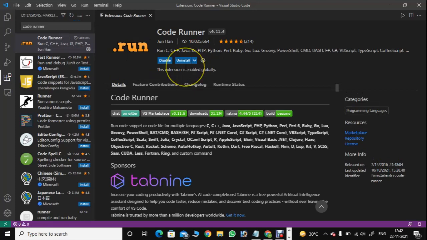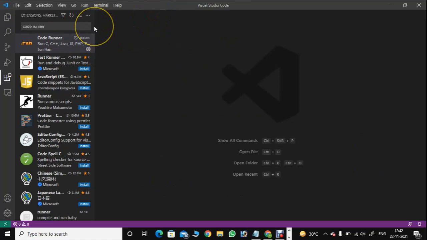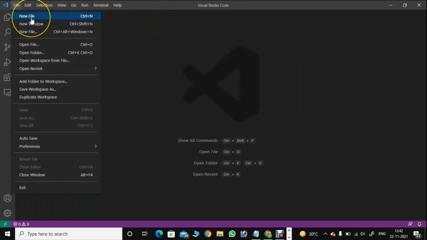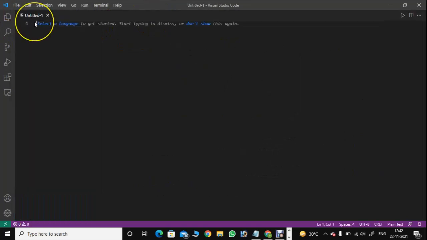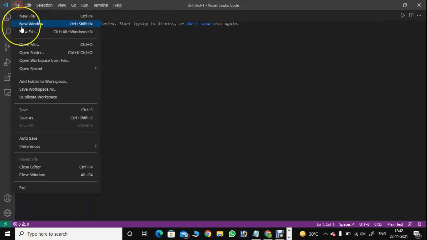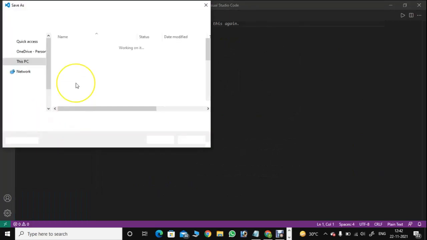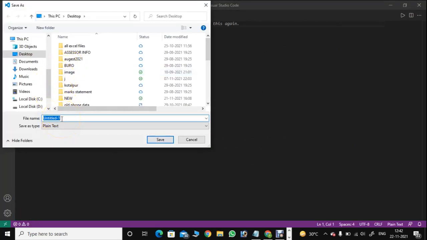Now let's write a program. To do so, first let's close all of this. Click on file, then click new file, and again click on file, then click save as. Cut all this and write a name as per your requirement.